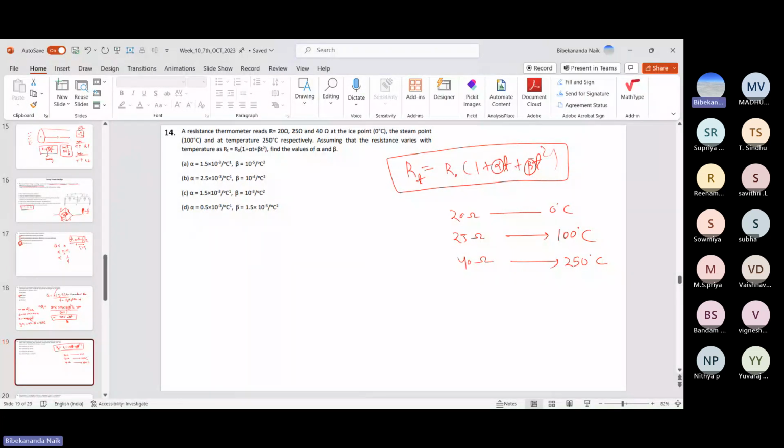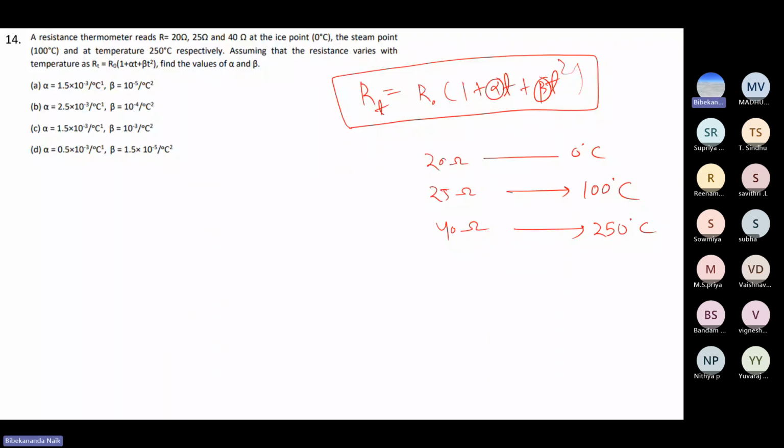So anyone tried? Yes. Anyone solved it? So there will be two equations. But we know R0 is 20 ohm. So what are the two equations? So first case